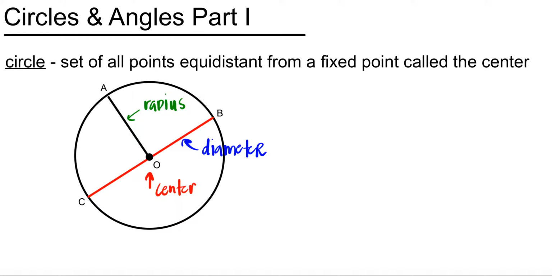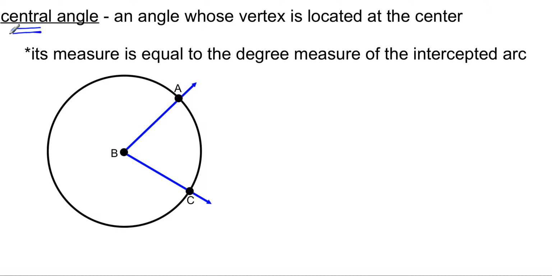And from those segments, we form many types of angles. The first one we're going to look at is called the central angle. It's the central angle because its vertex is located at the center. Center and central, they mean the same thing. And the central angle is equal to the degree measure of the intercepted arc. So let's look at this circle B right here. We have angle ABC, and let's just call this angle X. Well, angle X is equal to the measure of its intercepted arc,